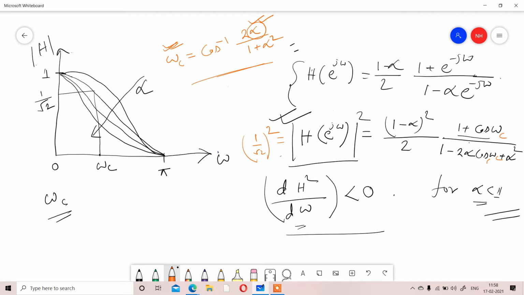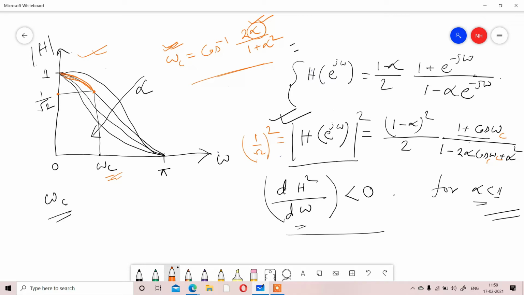Okay, so omega c is defined as the cutoff frequency. For that omega c, we can get also the 1 by root 2 range, means that point. So for a low pass filter, simply by calculating the value of omega c, we can consider that range of frequency to pass. Okay, so that is your low pass filter characteristics for the IIR range.